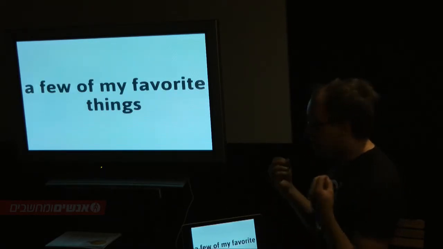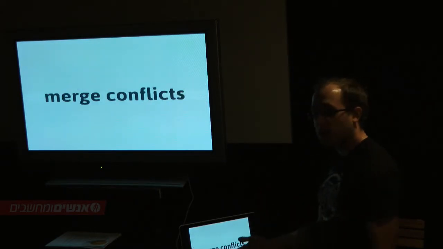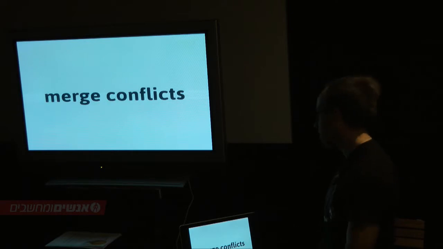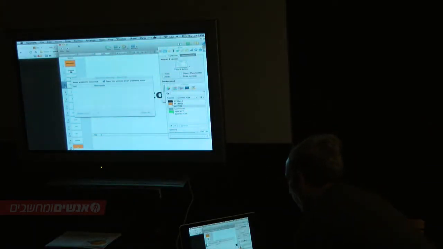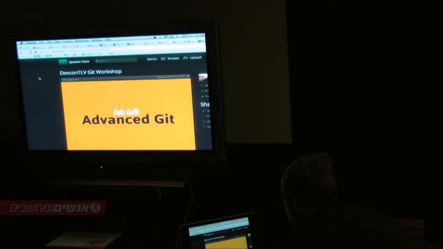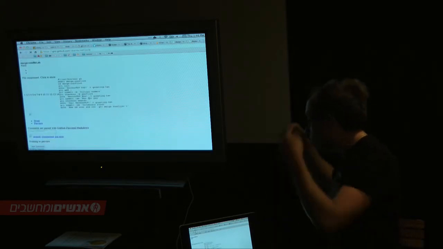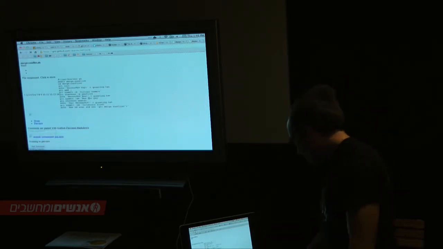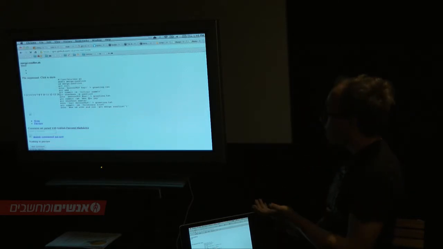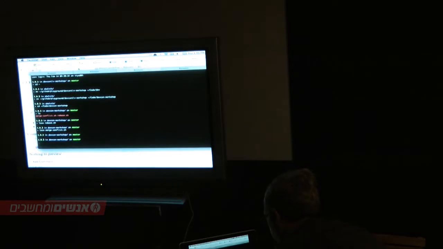And like I said, I'm going to talk about a few of my favorite things that Git does. And we're going to start out with just resolving a merge conflict. So I actually have a gist. Apparently all of my notes are gone. But there is a gist that just runs through some basic Git commands and forces a merge conflict. So let's view this on my computer so you can read it properly instead of a broken web page.